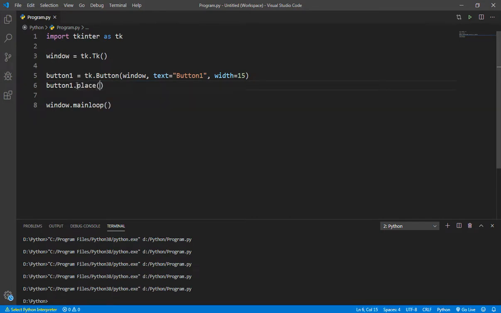Okay, so now hope you all got what pack is and how to use it. Now let's move to place. As I told you guys, the place method places the widgets in two-dimensional grids according to x and y coordinates. So here we will give x and y. So the value of x, let's say 100. Okay. Now let's give value to y. Okay. So in y, let's say 200.